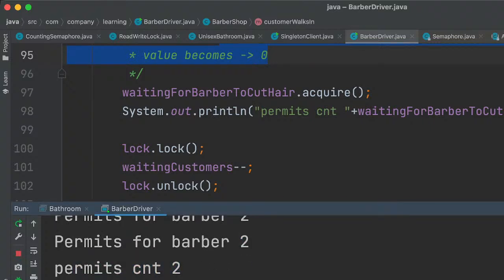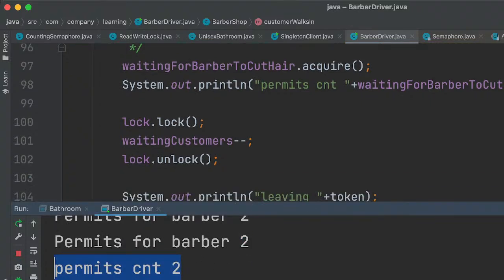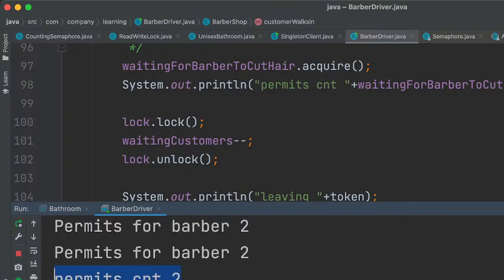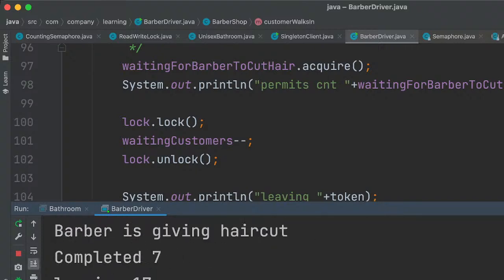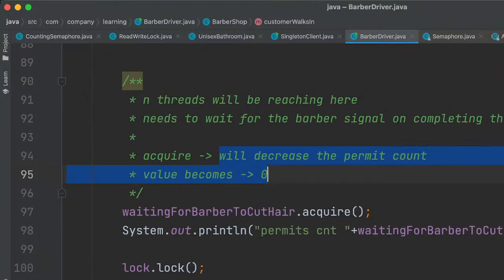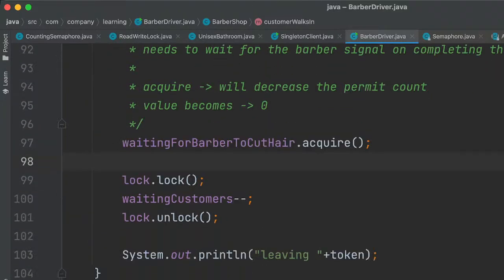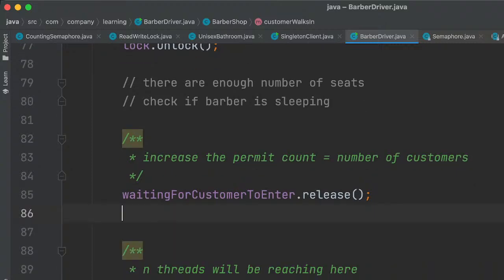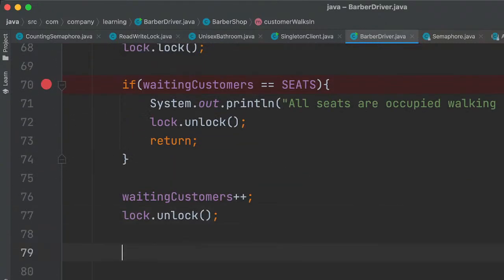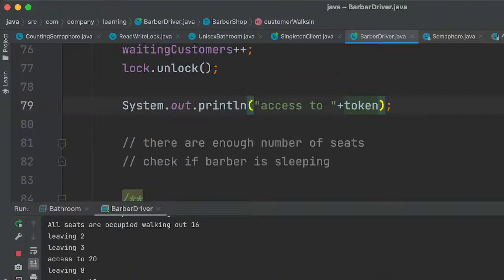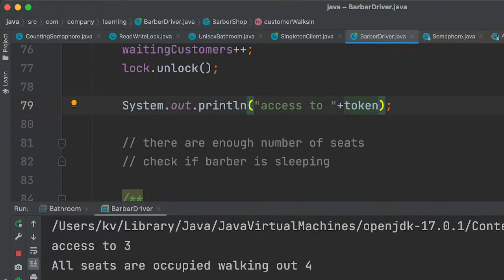So the 2 permit count, leaving. Okay, leaving 1.